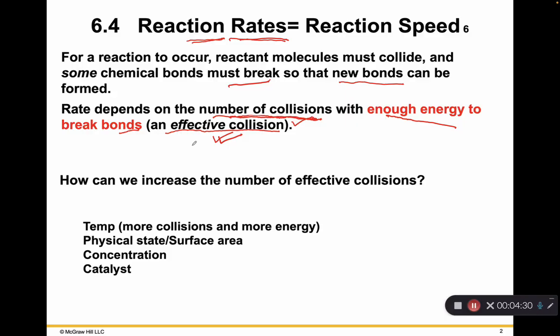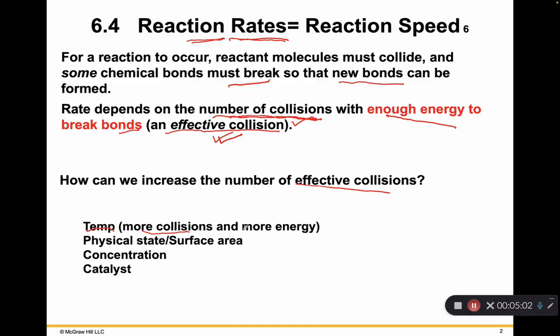Now, we can actually increase the rate of reaction by increasing the number of effective collisions. Okay, so how do we do that? We have several ways of doing that. Either we can increase the temperature of the reaction system, right? If we increase the temperature, now the molecules will have more collisions because they run faster,